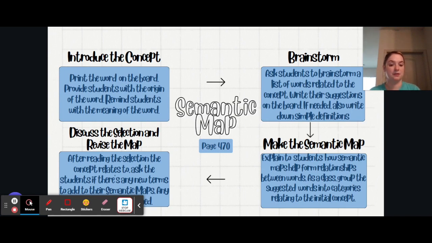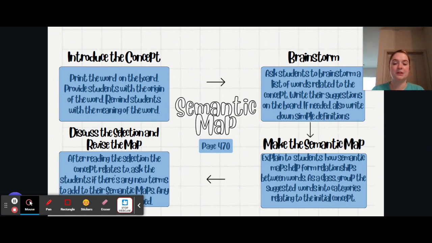How do we categorize them apart or with one another? As a class, you'd group the words into categories relating to the initial concept. So as a class, we all may look at those words provided and say, okay, we can group them based on water or landforms. Which do they fall under, water or landforms? So you would put like river, ocean, peninsula under water, valley, mountain, volcano under